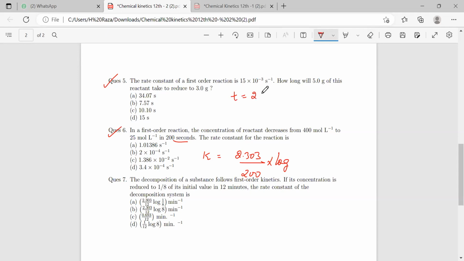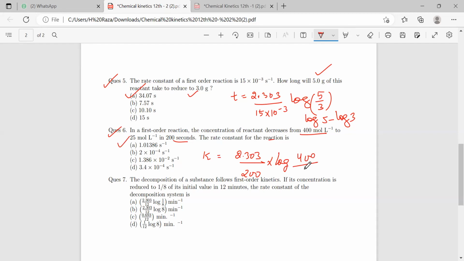So T will be equal to 2.303 and rate constant is 15 into 10 raised to the power minus 3, log of initial concentration is 5 and final concentration is 3, right? Yes, sir. So you just need to solve this part. So it will be log 5 minus log 3. And then after solving it, you will be getting 34.07 seconds. Is that clear? Okay, sir. In this, you can see this is the initial concentration and this is your final concentration. So you are going to put it here and solve it. So log 8 can be written as log 2 raised to the power